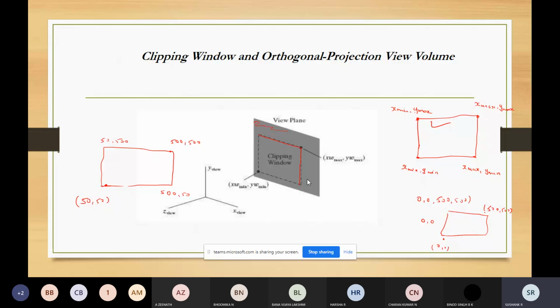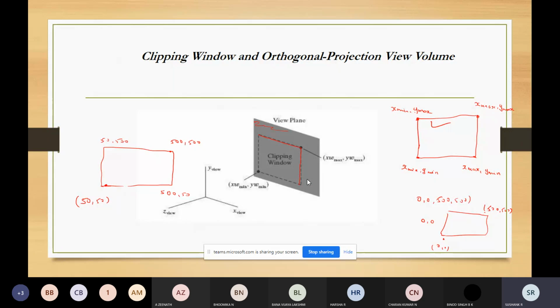The edges of this clipping window will specify the limit for the x value and y value for that part of the scene which we want to display.